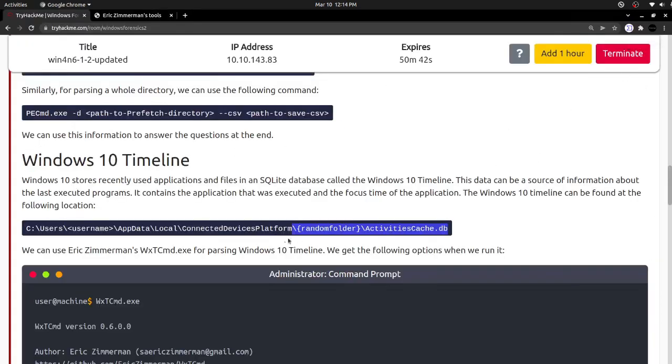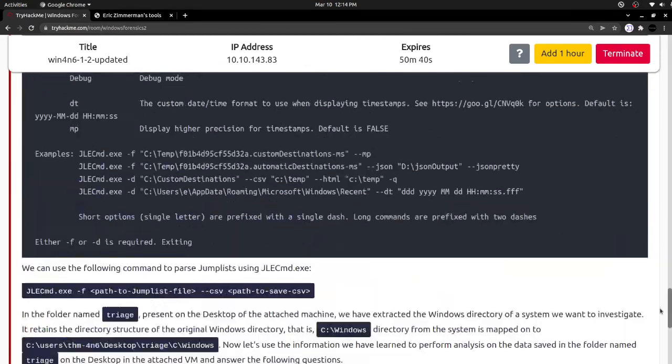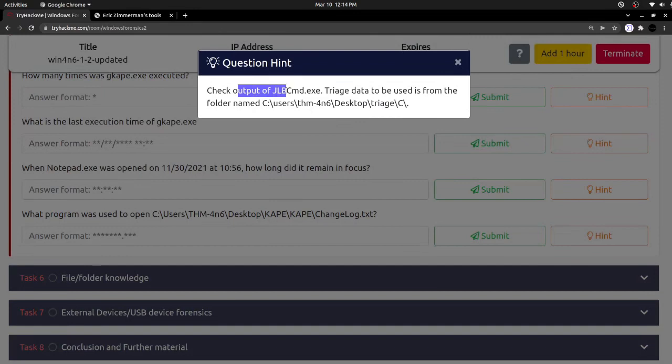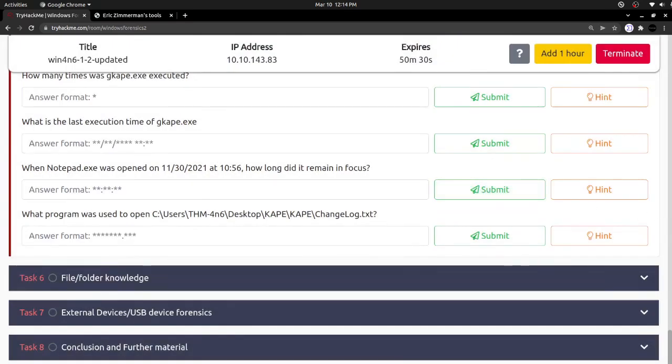Okay, now let's try to check the last question. Now we have to use the jump list. We have to parse the jump list. And let's try to parse the jump list as well.